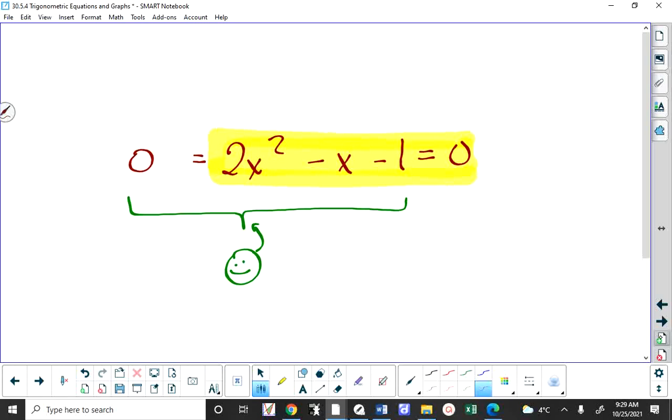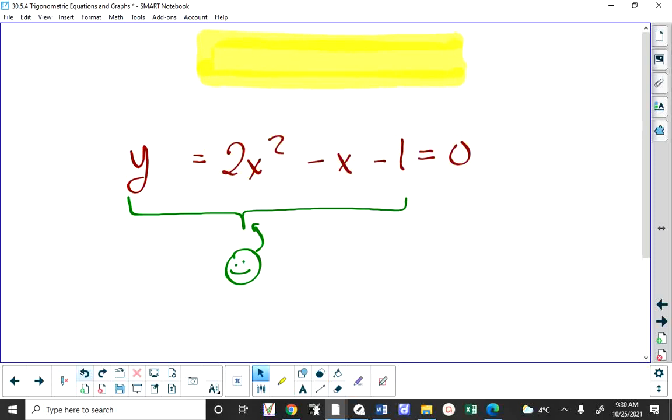Except in Math 20, at this point in time, they don't know how to solve that equation, so they find the x-intercepts on their calculator. So this works for any function. And this is really important, I think, from an exam writing standpoint. You see an equation that you don't know how to solve, graph it if you can. What I'm saying is I can very easily use this same idea